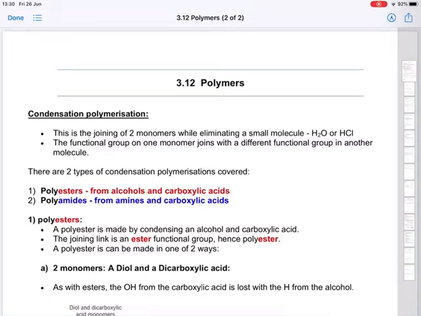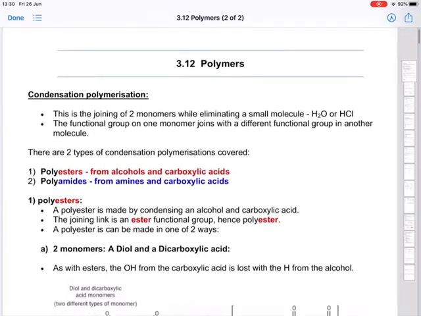We're going to start looking at the polymers, and when we're looking at the polymers, we're actually drawing on the chemistry that we've done in the last couple of units. So we're looking at the carboxylic acids and esters, but also the amides, which is the reaction between a carboxylic acid and an amine, which is the last pack that we did. Obviously, it sounds quite complicated, and the best way to do it really is to go a little bit